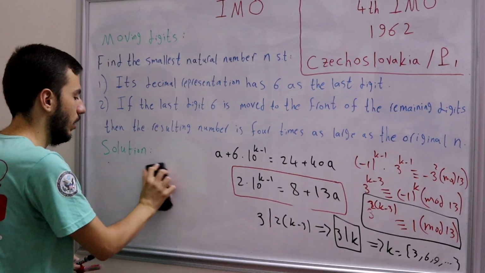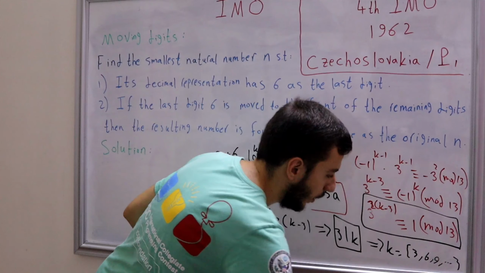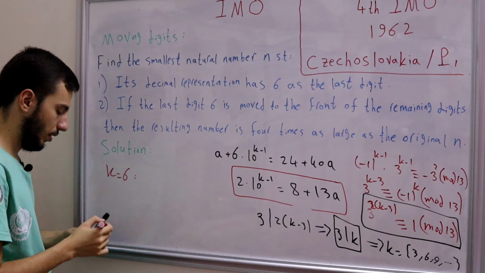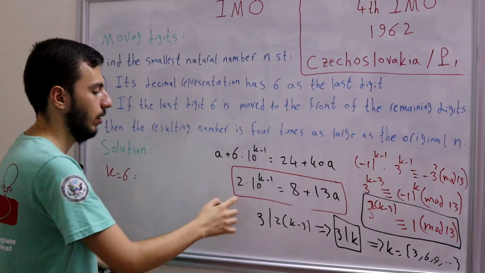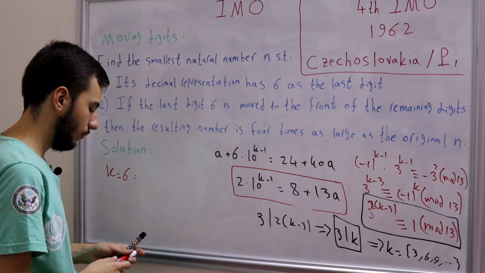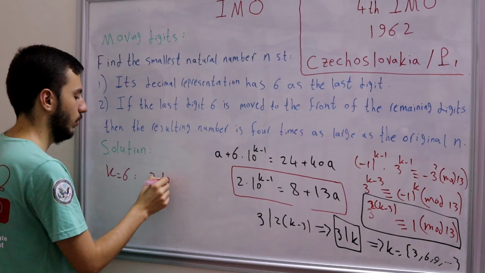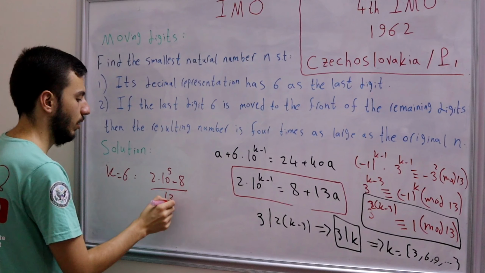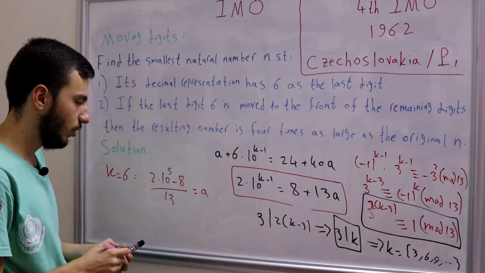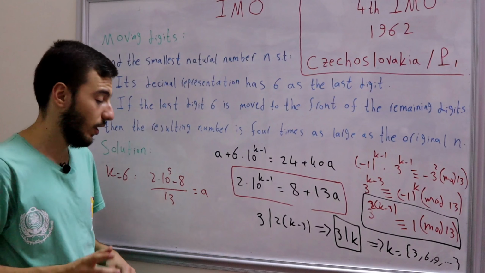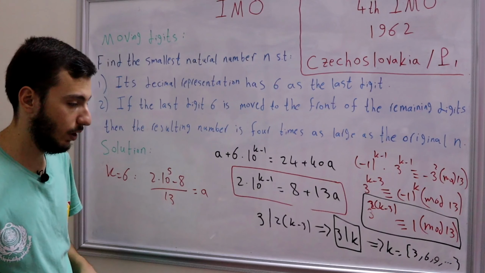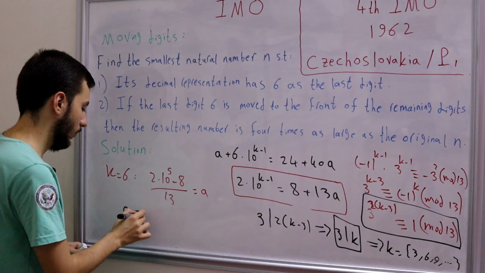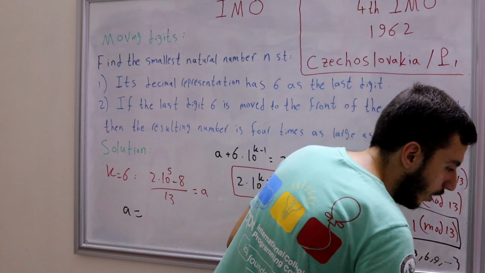All right, so now we need to discuss the other case, the second case, that is k equals 6. If k equals 6, we can do the same here, that will be 2 times 100 to 5 minus 8 divided by 13, that will be a. I'm not really going to calculate that, however, you can do it yourself and you will get an answer for that. That is a equal, okay, let me check. So a is basically